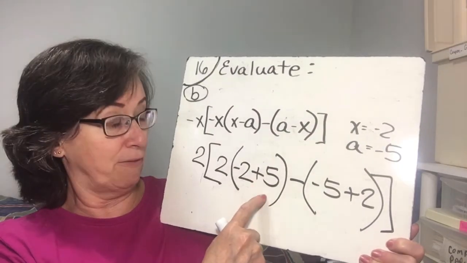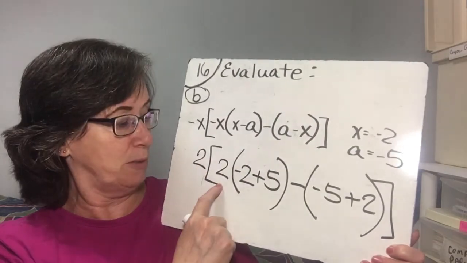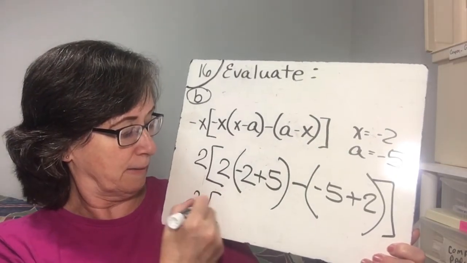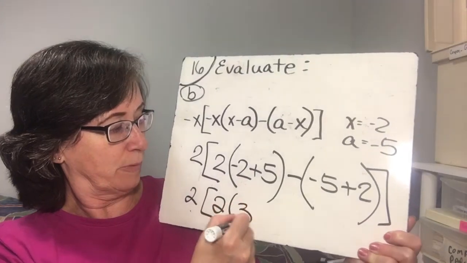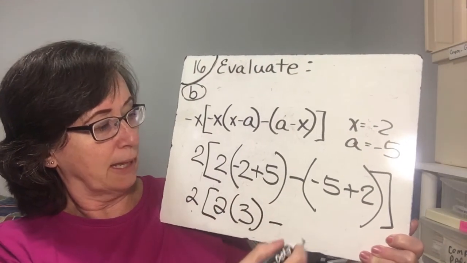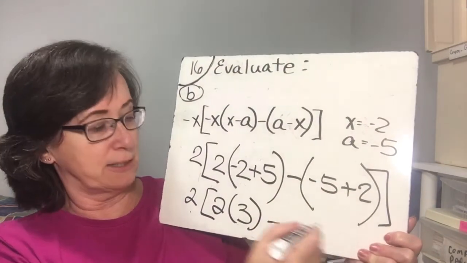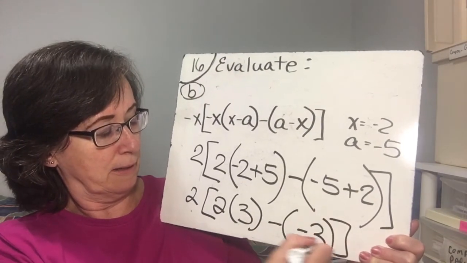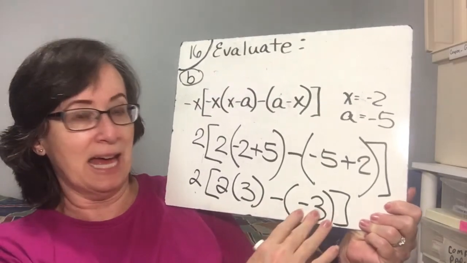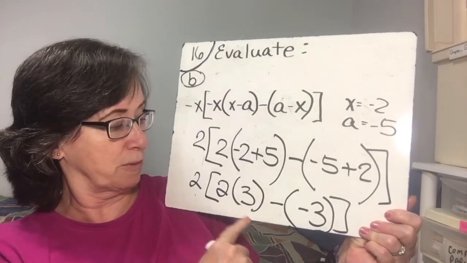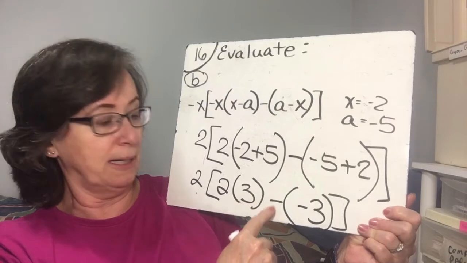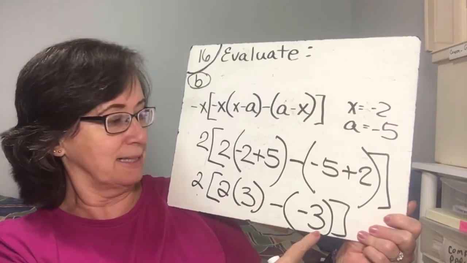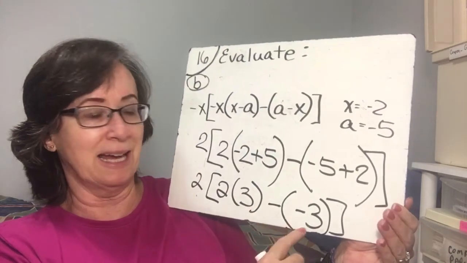And then positive 3 times a 2. So let's go ahead and do it in pieces. And then negative 5 plus 2 is negative 3. Again, inside, we're going to do this multiplication first. So we're going to have 6 minus a negative 3. 6 plus 3 is 9. So 2 times 9 is